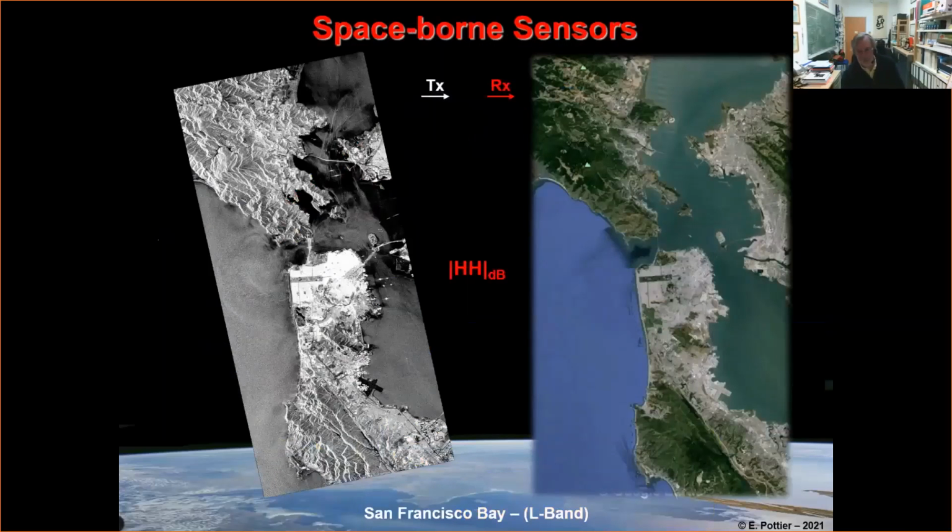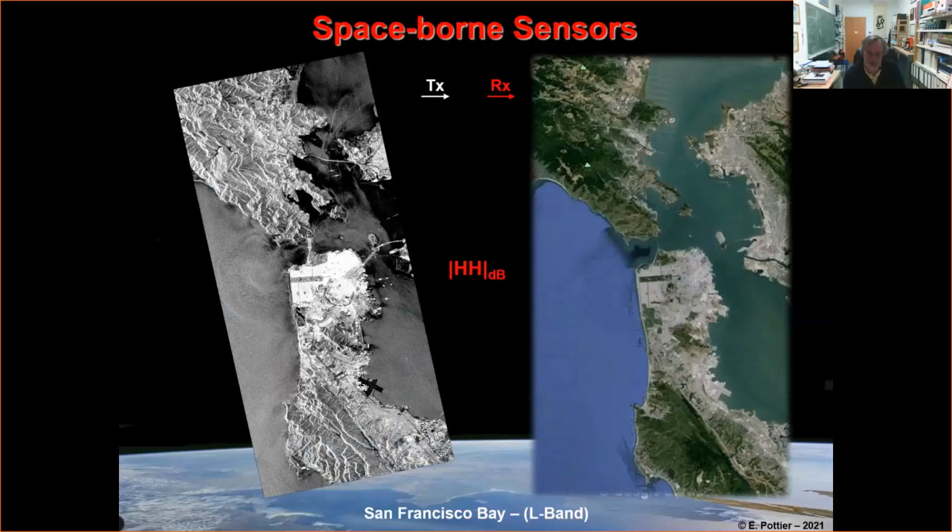For example, this is a SAR image of the well-known San Francisco area. You have the ground truth on the right, and you have the SAR radar image in the HH component. What does it mean? It means that due to the fact that I'm going to use only one antenna, I'm going to transmit only one polarization, the horizontal polarization, and I'm going to receive only the horizontal component. So I can create this image. Or, if I want, I can change my antenna, I can transmit a vertical polarization, but I shall measure only the vertical component.